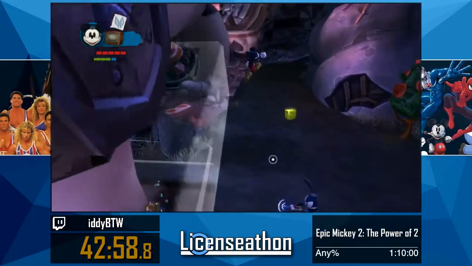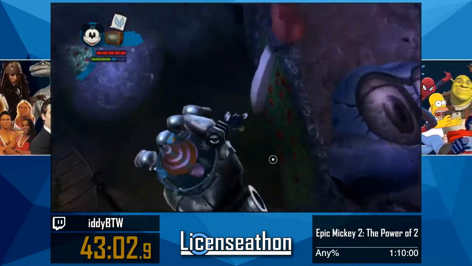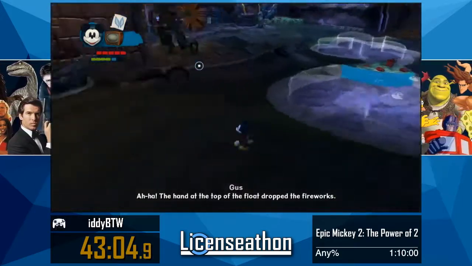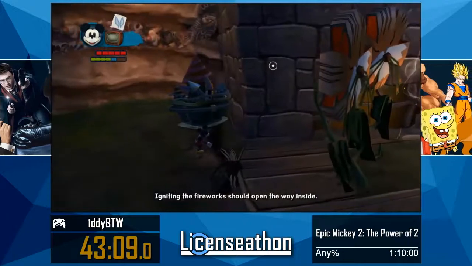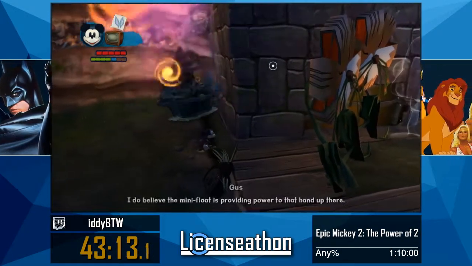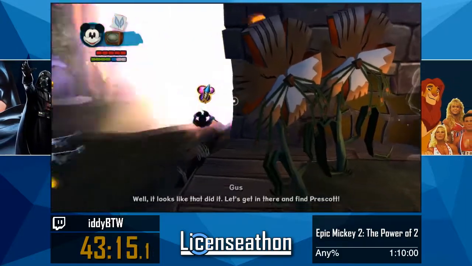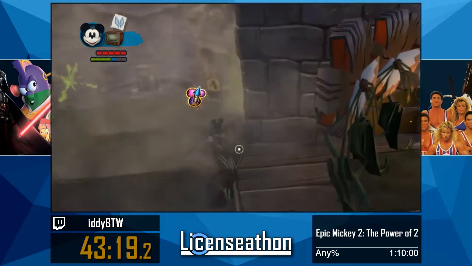Alright, so you used to have to go get the gold ink, and the hand at the top, slow walk all the way over to this firework, igniting the fireworks should open. But when I found RBF clip, I realized, hey, what if I use the TV to knock back into this thinner? So...